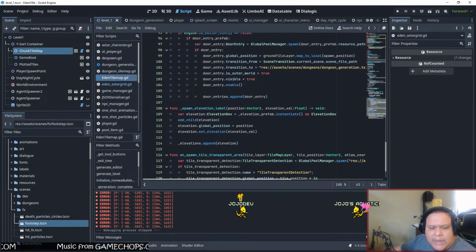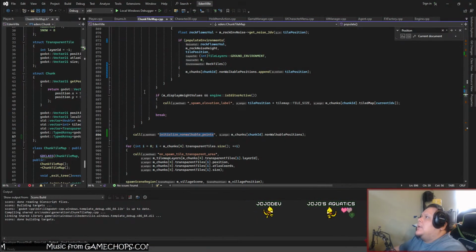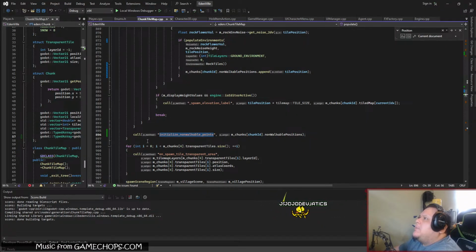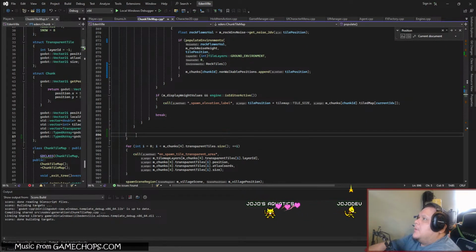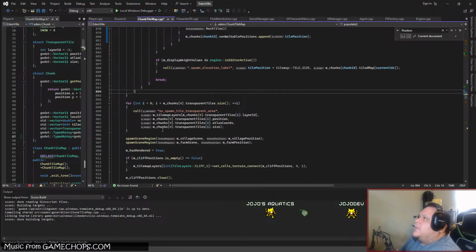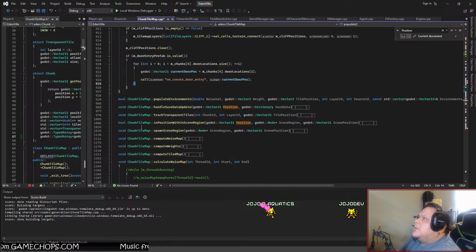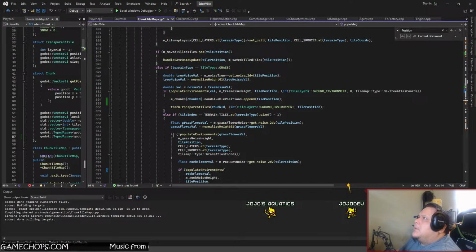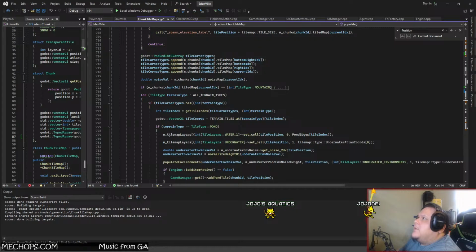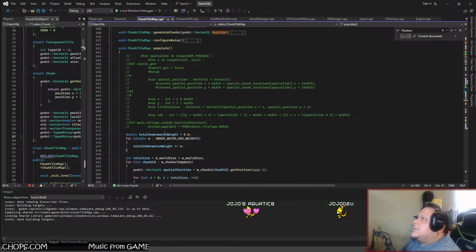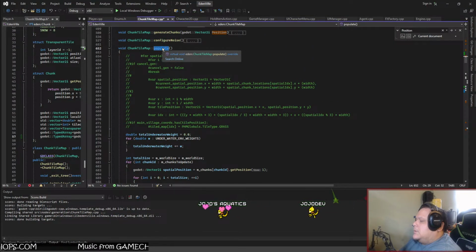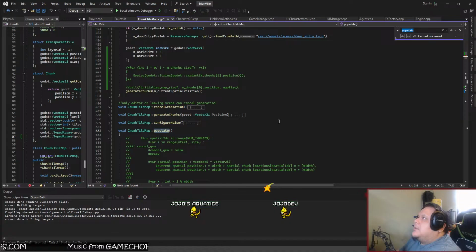Okay, let's go back to C++ once more. And something that came up in mind is that I should probably not be calling this until after we're finished generating. So it clears the door. Okay, so after I finish everything and it calls it on my C++ class, I need to get the